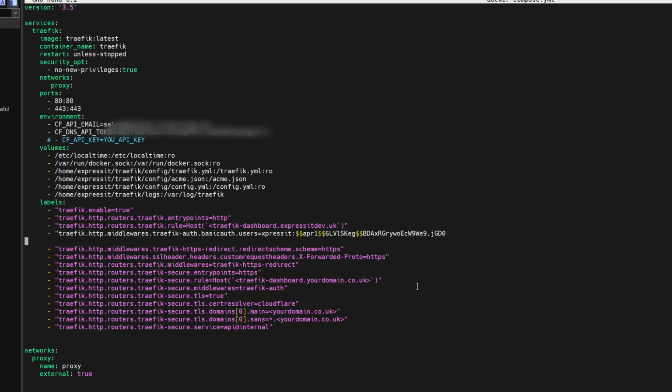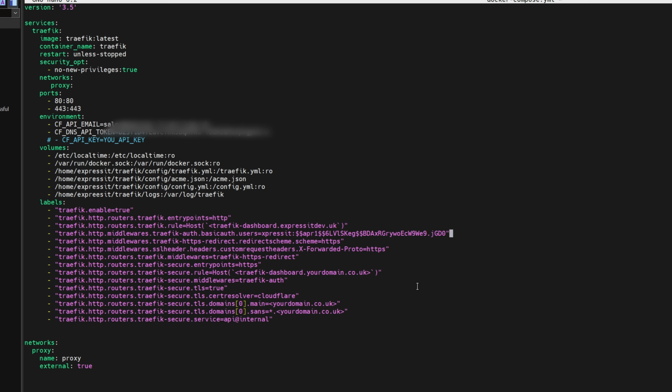And what we'll need to do is go back and make sure we've captured all that. Similar with this, so this one here needs to be updated, and the bottom two here, which are basically your wildcards. So there's a wildcard beneath this, and this one is for the main domain. So I just want this for expressitdev.uk, and this one here